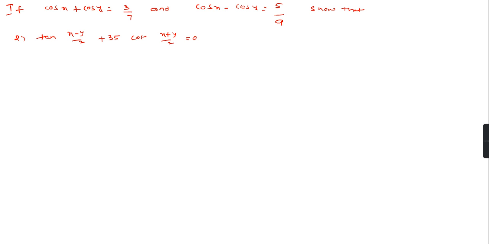Okay, so now the problem is: if cos x plus cos y equals 3 by 7 and cos x minus cos y equals 5 by 9, we prove that 27 tan of (x minus y) by 2 plus 35 cot of (x plus y) by 2 is equal to 0. For this, the solution is,